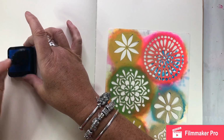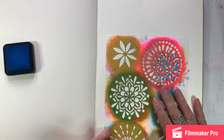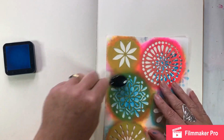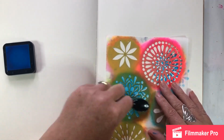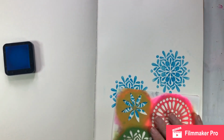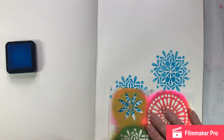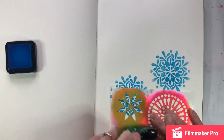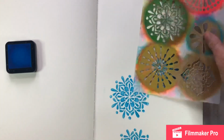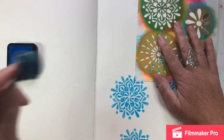So I'm going to do a few of those, and then rather than just doing one colour, I'm going to add some in different colours. A couple of different shapes from this stencil, I'm thinking. And obviously, if you haven't got inks and you don't want to do this with inks, you could do the same with your paints. There's no reason not to do the same technique, but using your paints and a sponge. I just thought, for a change, because I used inks on the original card, that was what I would do. So I'm going to add one more up here,